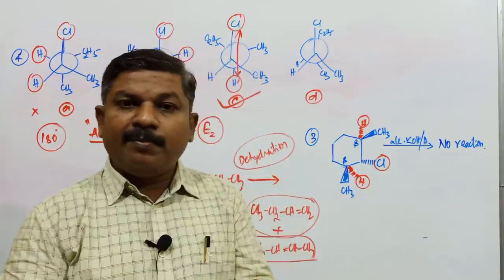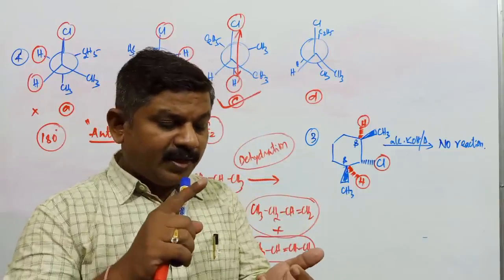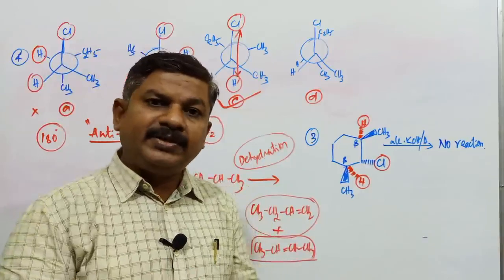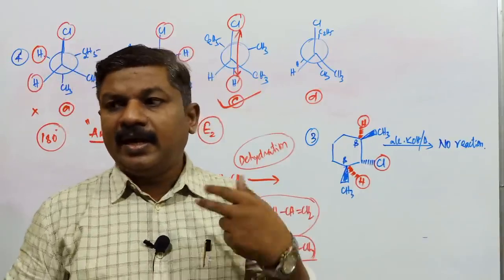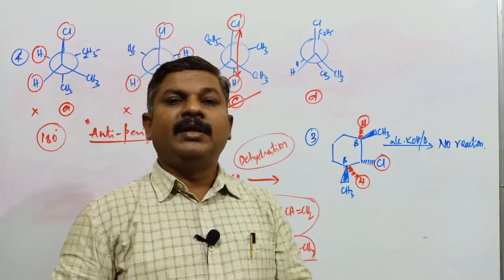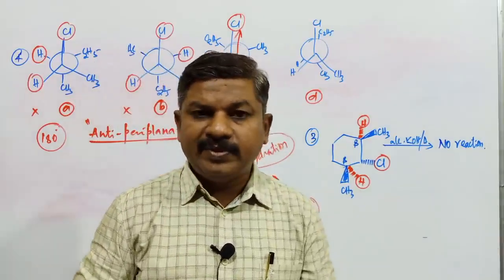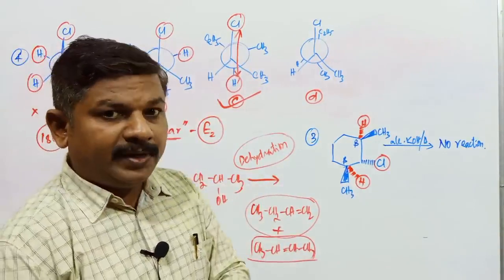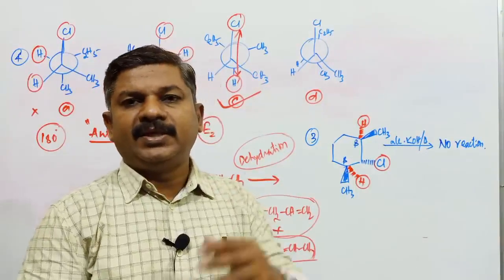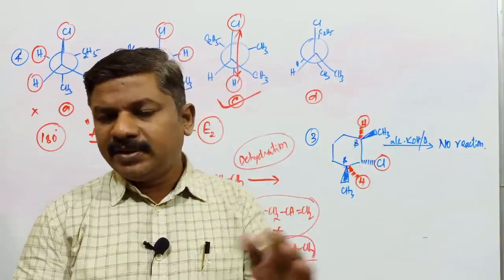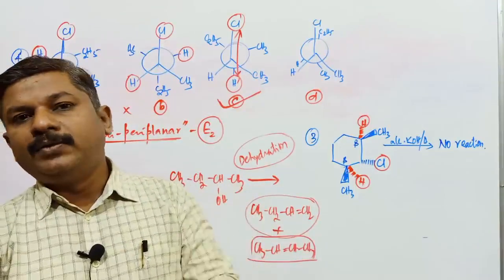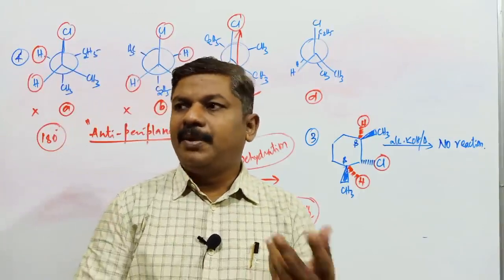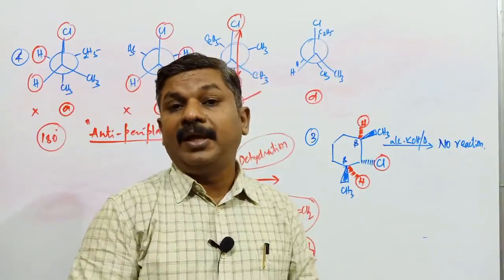Till now we have completed the properties of haloalkanes, with nucleophilic substitution reactions in detail. We have discussed elimination reactions in detail, and lastly we have to discuss the reactivity of haloalkanes with metals. The last topic is going to be the chemical properties of haloarene compounds. Some substitution reactions and reduction reactions we also come across. After that, polyhalogen compounds are also there in the syllabus. We have to discuss the preparation and properties of some of the polyhalogen compounds.